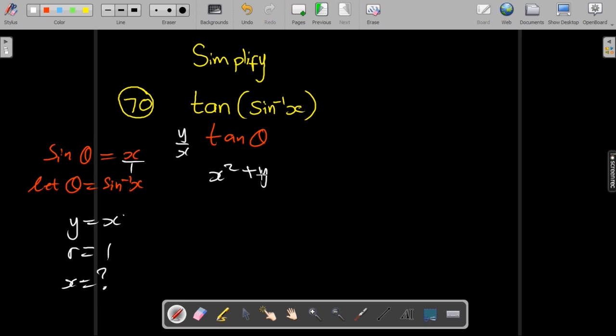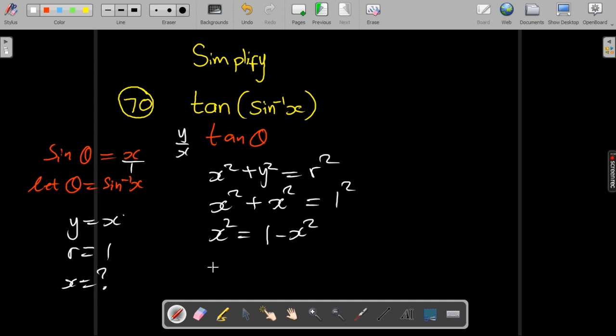So using Pythagoras, x squared plus y squared equals r squared. X squared is what we're looking for. The y just happens to be x, so we shouldn't add these. They're not the same thing. And our r is 1. Okay, so this x, which we're looking for, would then be equal to 1 minus x squared. And if we find the square root of both sides, we now have square root of 1 minus x squared